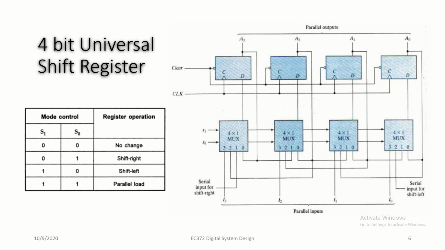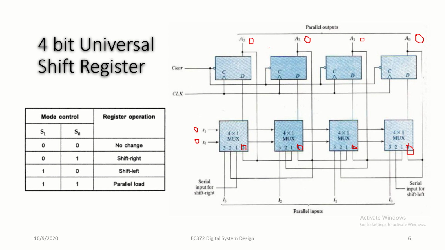Now how it performs these different operations, we'll see with an example. Say, for example, when we are resetting, that is clearing, the outputs A3 to A0 all become 0. Now when both selection lines S1 and S0 are at 00, the 0 input would get selected. Here the 0 input of this mux, the 0 input of this mux and the 0 input of this mux will get selected.